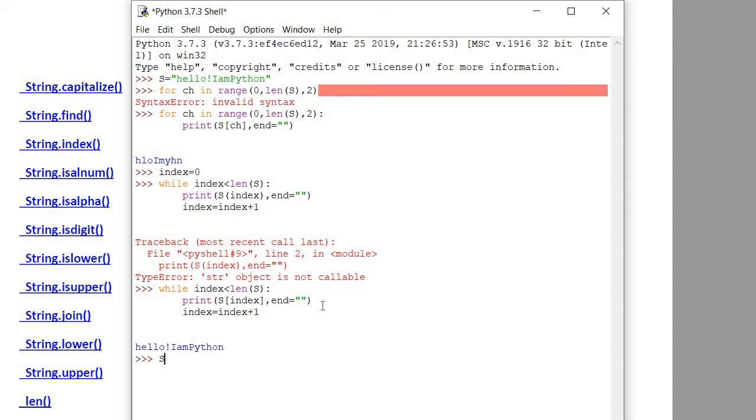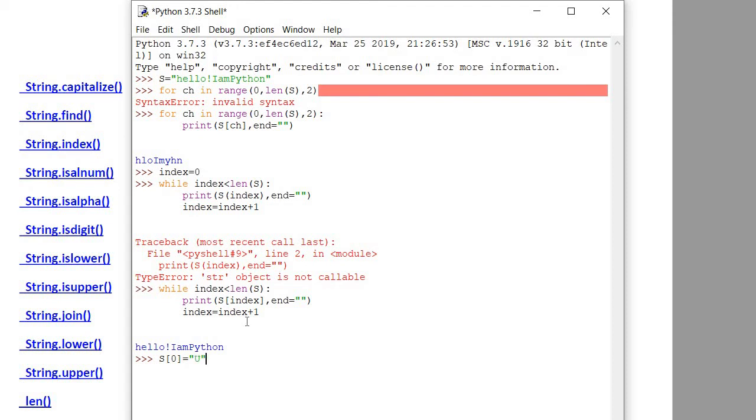In S, at the index of 0, what is written in the string? H is written, but I want that instead of H, the U will come. Fine.